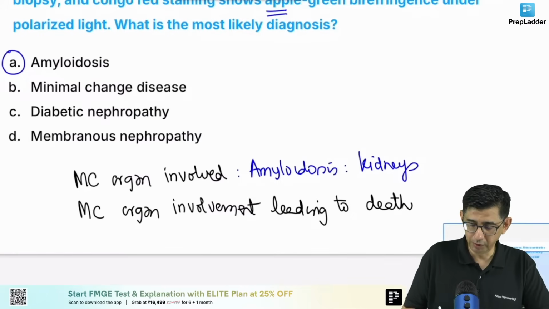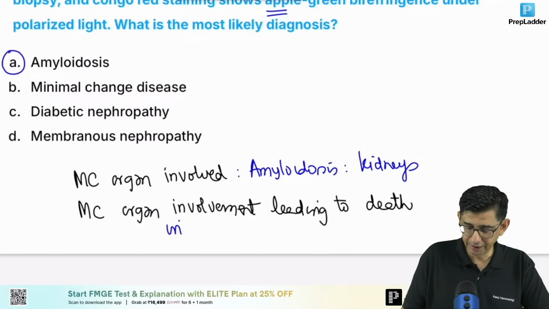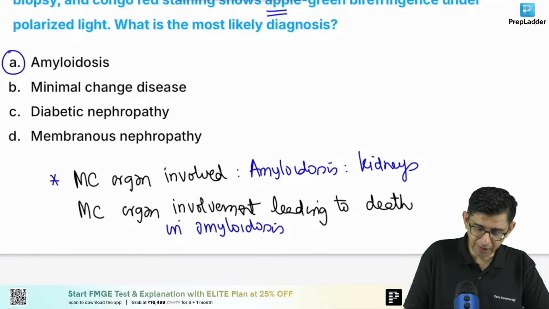What is the common organ involvement in amyloidosis that leads to death? You get nephrotic range proteinuria, that is understandable. And a Pakistani general,